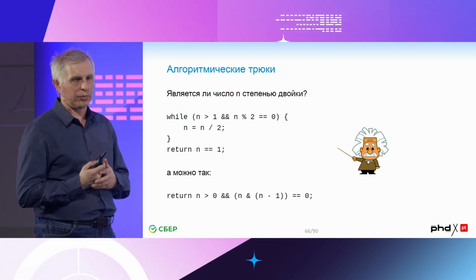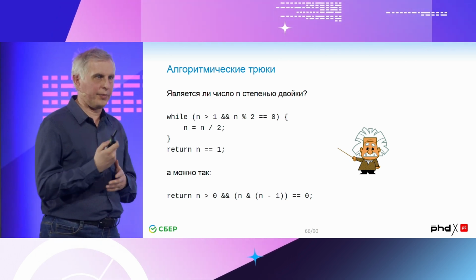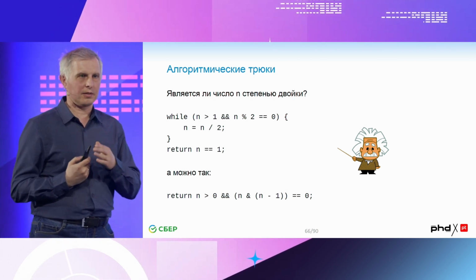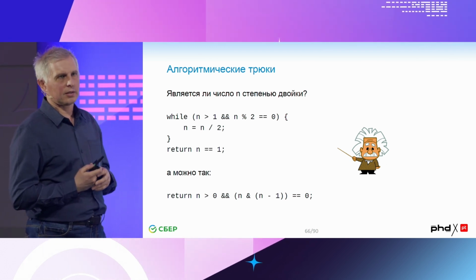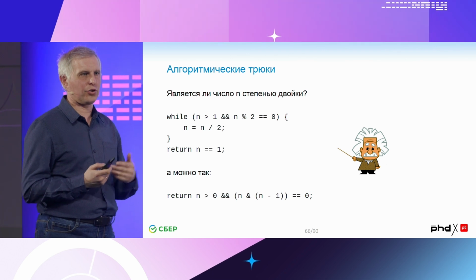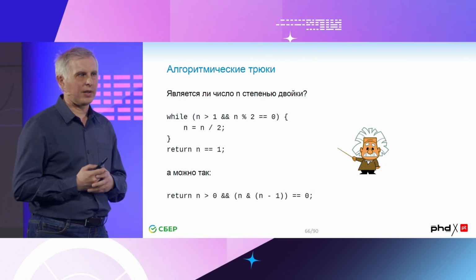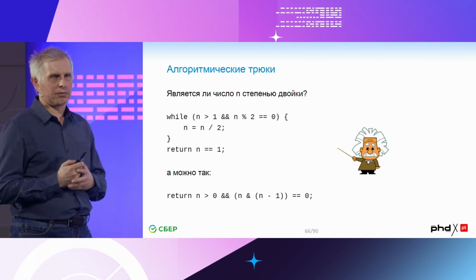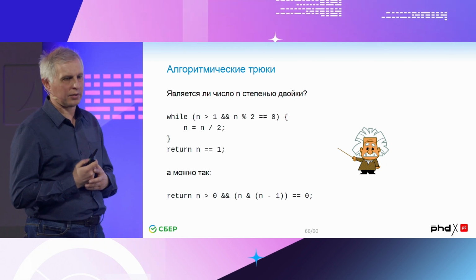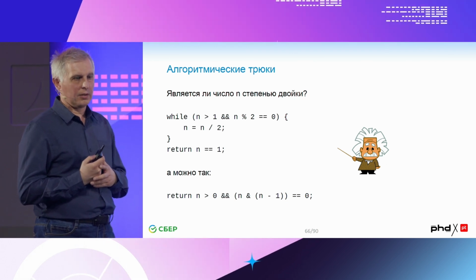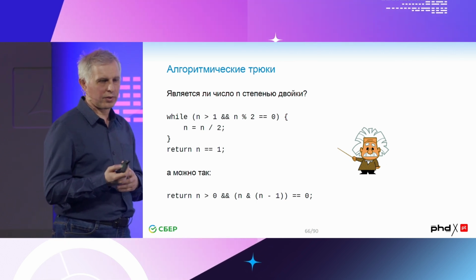You can determine whether a number n is a degree of 2. We move from right to left, and when we find this 1, we need to understand whether there are 1s further, whether the number is 1 or not. So it's quite a simple cycle, more or less clear. I believe that everyone can manage it, but we can determine it